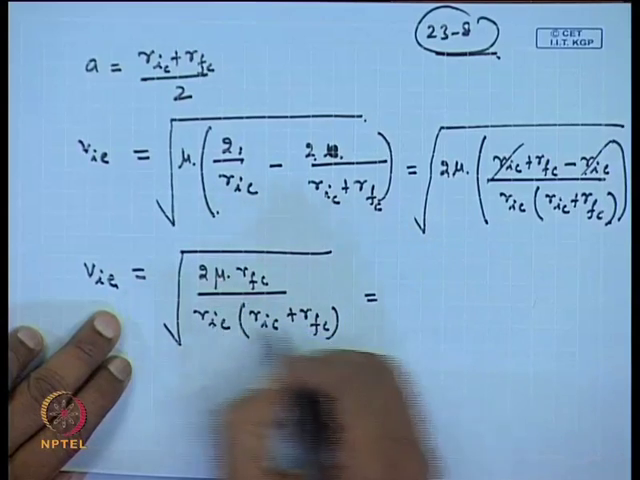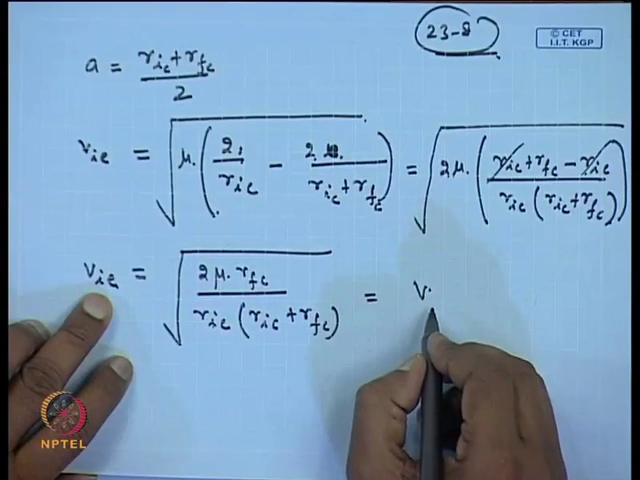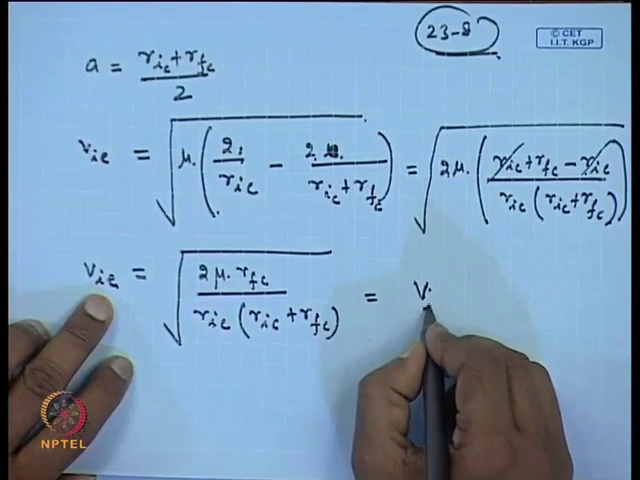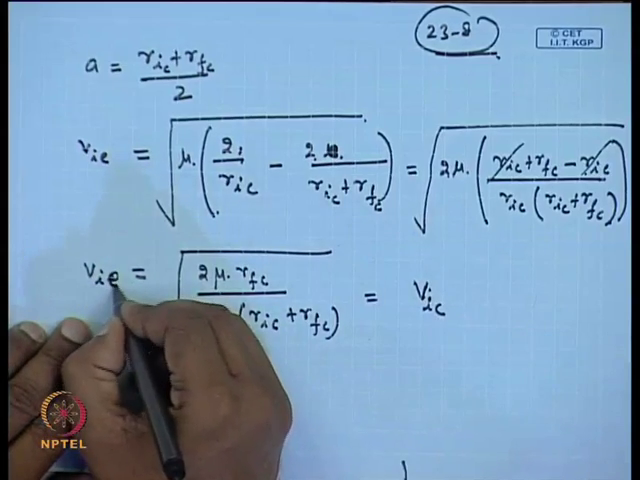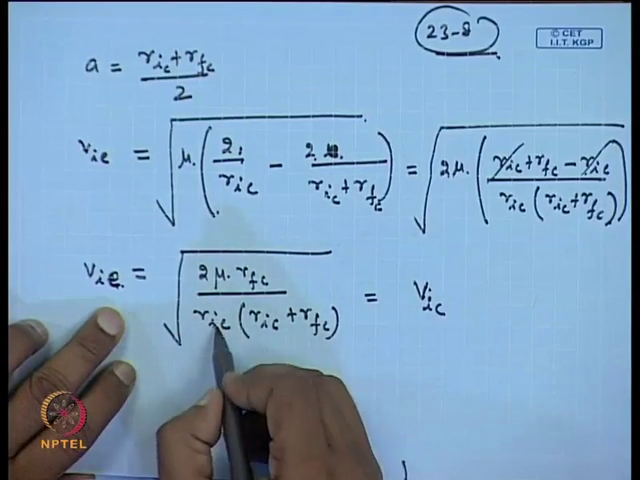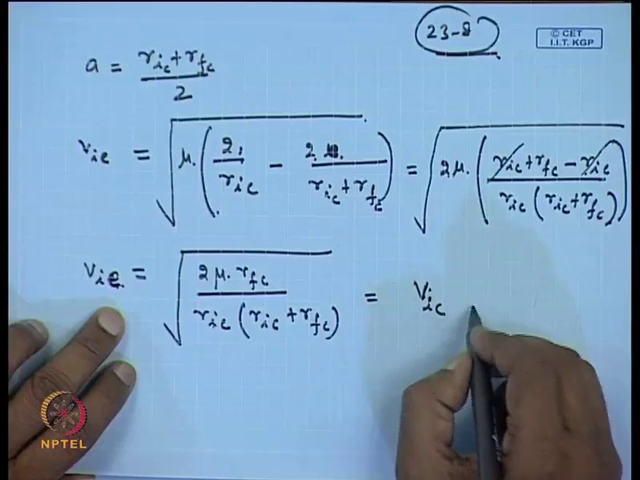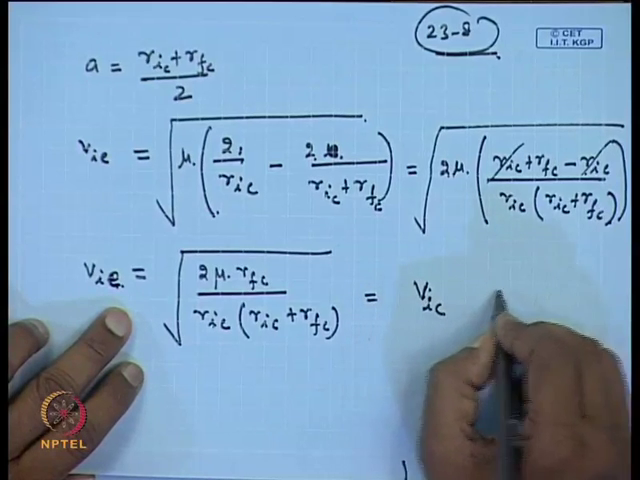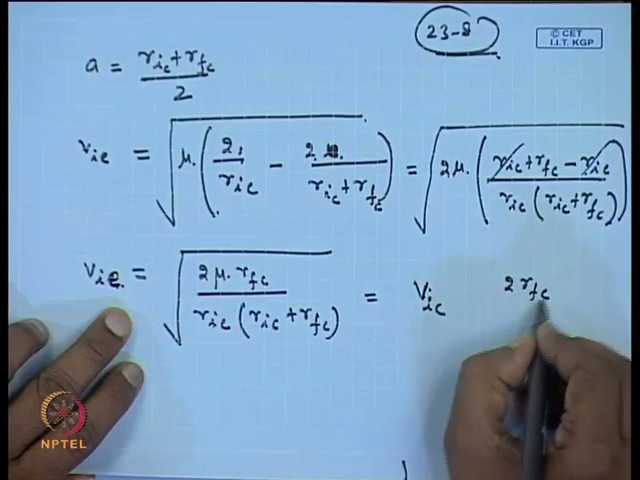So, mu by r_IC under root is nothing but the velocity in the circular orbit, which is V_IC. So, we take it outside, and inside we can write 2 r_FC by